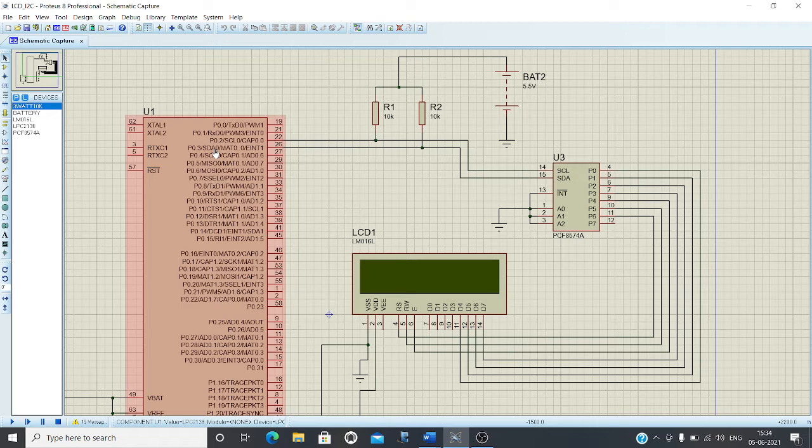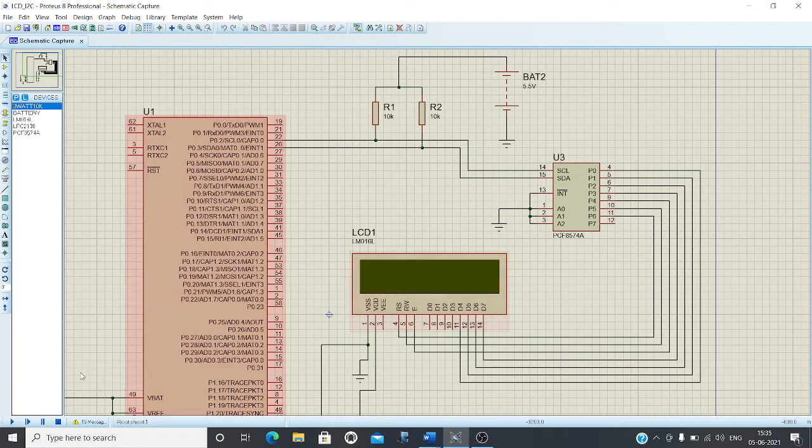Handling I2C is one of the alternate functions of these two port pins. P0.2 will act as SCL, and P0.3 will act as SDA. So the LPC2148 has inbuilt I2C hardware, while the LCD will use the PCF8574 to handle I2C communication.